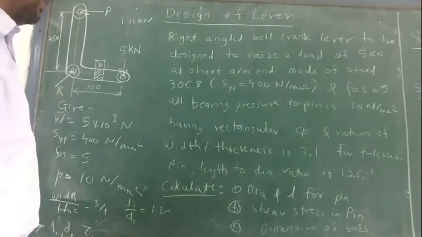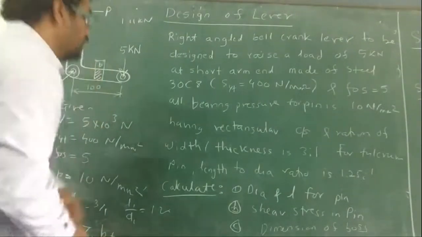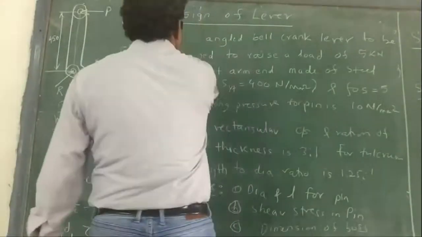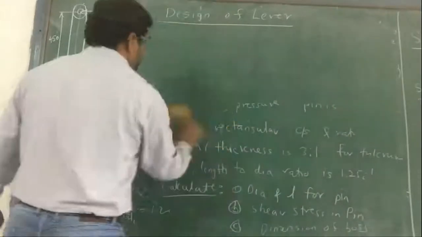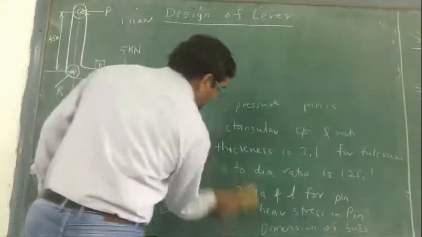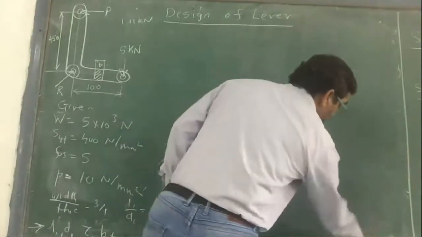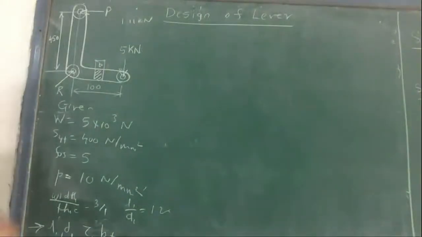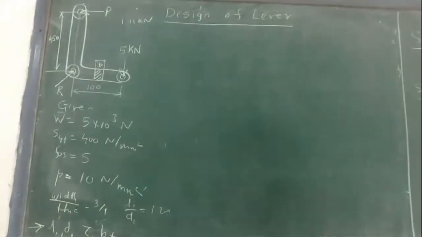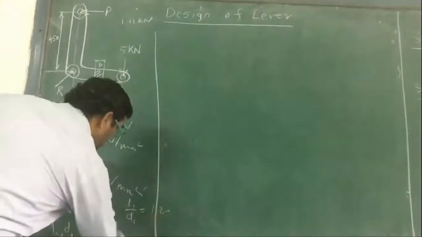Right. Then the dimensions of the cross section of the lever. So we have to calculate D and thickness. These are the things which we will need to calculate. So we'll see now. First, we'll follow these steps, whatever we discussed when we started the lecture. We will be following these three steps. We will be calculating forces first, and then we will use that calculation for doing the design of the lever. Okay. Now let's start and do the design of the lever.